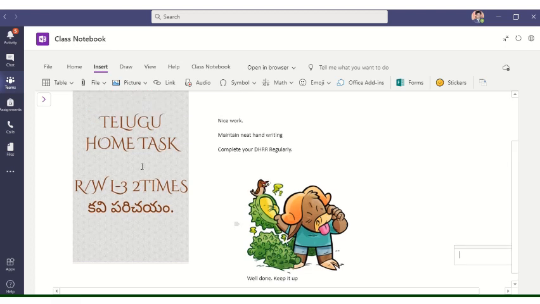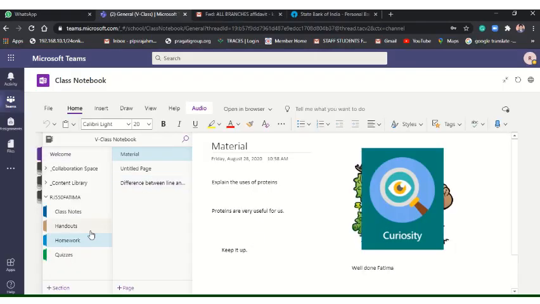Okay, you can send it. Simply, what you need to do is just leave it like this. The student will find it in their books.